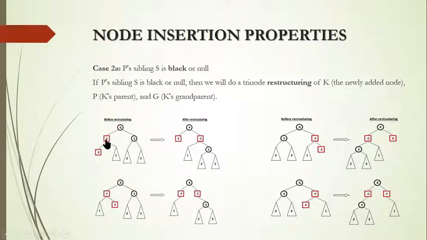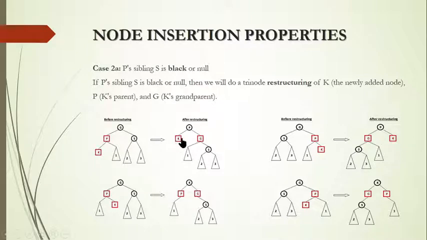If you do so, P goes to the top. P goes to the top, G comes to the right side of P and K comes to the left side of P. You can see here after making the right rotation, P goes to the root, K to the left and G to the right. Still we have both in red color. That's not going to affect you in any circumstance, because these two are nodes we need not worry about, because K is the last node, a leaf node. It can be red or black.